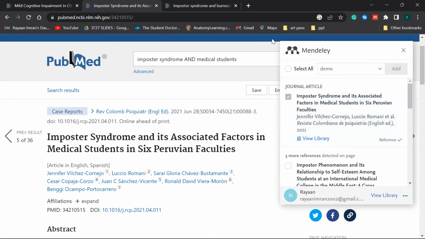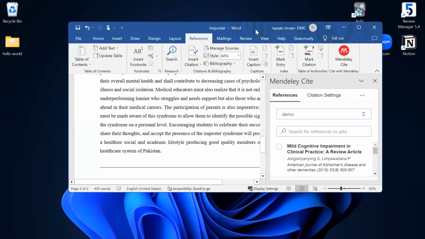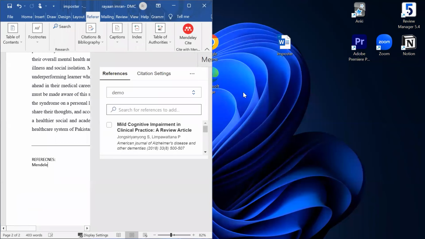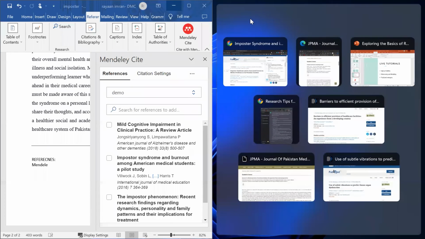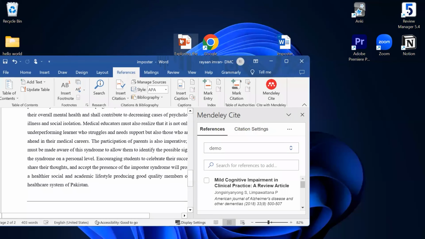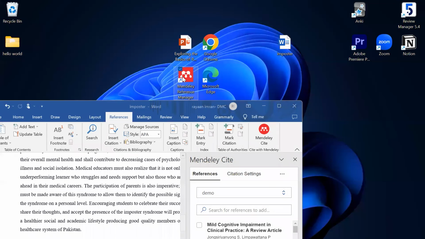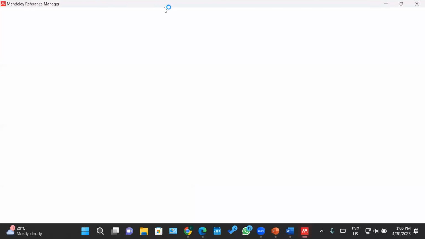Now let's say, okay, I said मैंने 3-4 ऐसे जमा कर लिए. I said, okay, I have all of those. I've imported them, ठीक है, into my reference manager. So this is the Word document, as you already saw. And now I'm going to launch up Mendeley reference manager. Now it is going to load, and hopefully it doesn't ask me to sign in again, or I'm going to lose it. So it's loading. ठीक है. You can see the screen, right, guys? अगर कुछ मसला है तो बता देना मुझे बीच में, ठीक है?